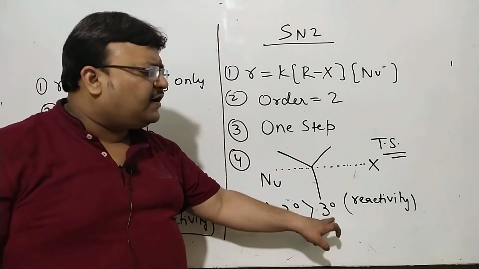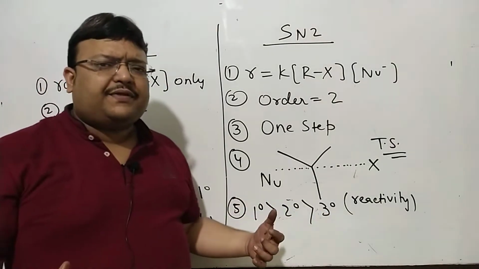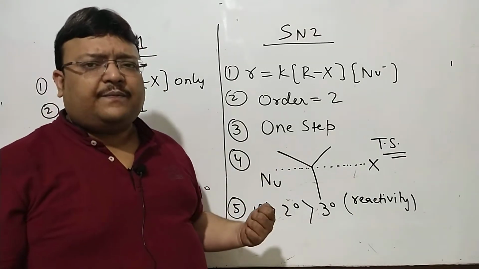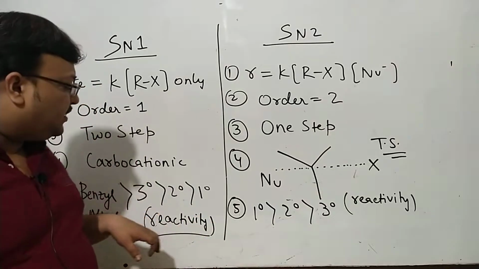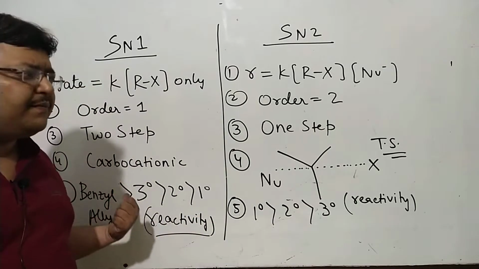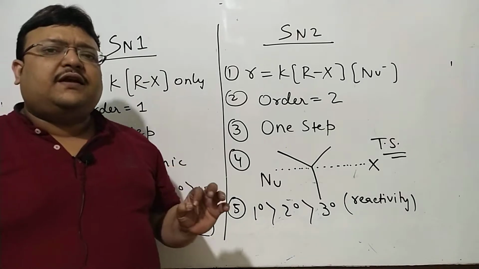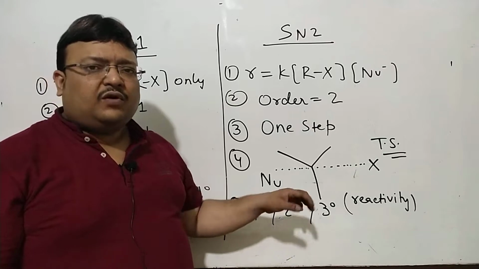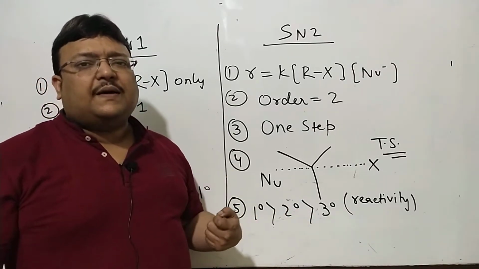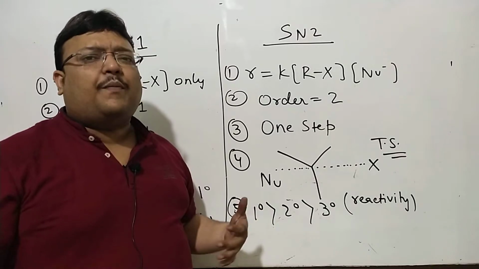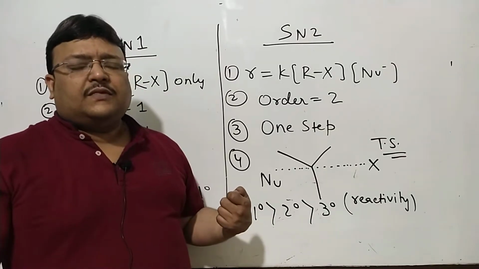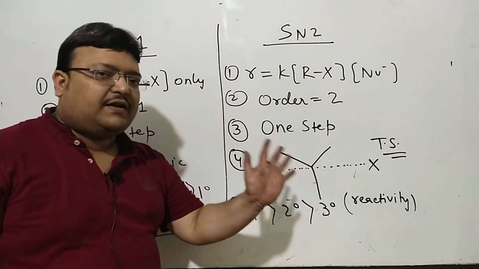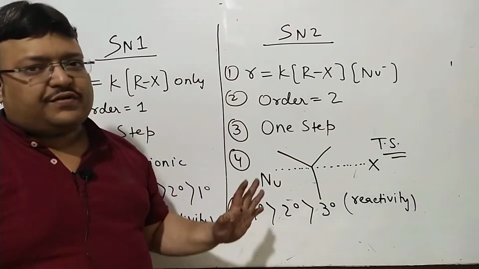Eventually we say 3 degree में हमेशा SN1 ही होता है, 1 degree में almost हमेशा SN2 होता है, बहुत rarely SN1 होता है. 3 degree में लेकिन कभी SN2 नहीं होता. Carbocation stable है, transitory state बनाना मुश्किल है. 3 degree में हमेशा SN1 होगा, 1 degree में generally SN2 होता है. 2 degree में SN1 and SN2 compete more realistically. In 2 degree the competition between SN1 and SN2 is more realistic, more intense, but 3 degree SN1 is right away favored, 1 degree SN2 is right away favored.